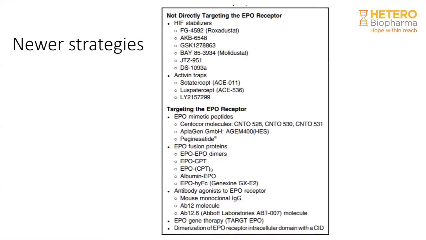So these were the molecules which were available in the previous decade. This decade has seen a lot of EPO mimics and molecules not directly targeting the EPO receptors. So there are molecules which are not directly acting on the EPO receptors, and there are EPO mimics. This is the list. This is the second generation FG-4592, that is roxadustat. We had the previous first generation, and the next one is the erythropoietic mimics. I'll be talking about the peginesatide and the HIF stabilizers.